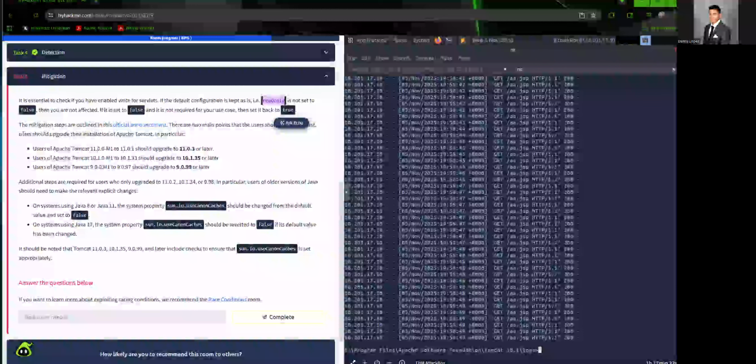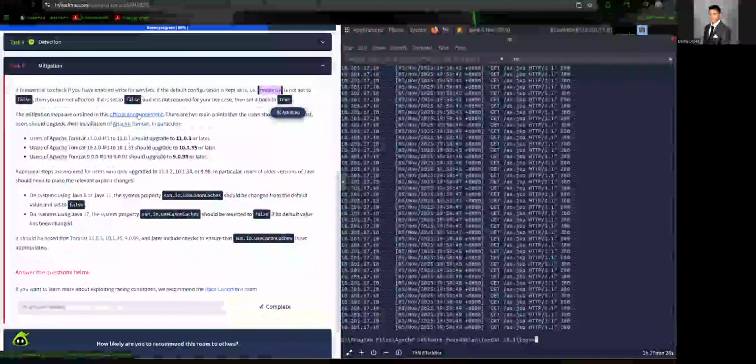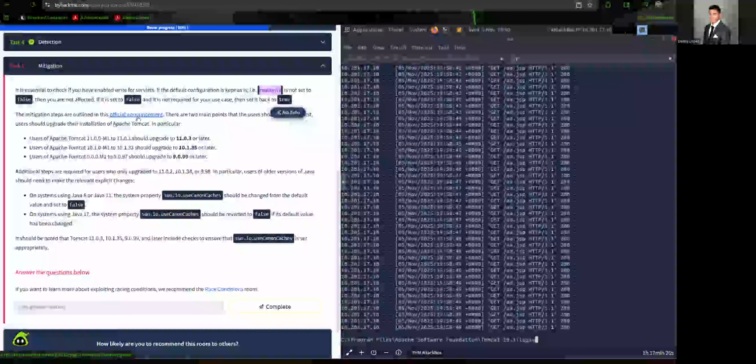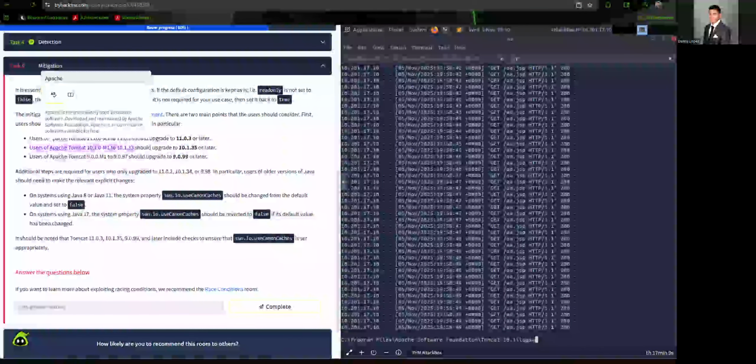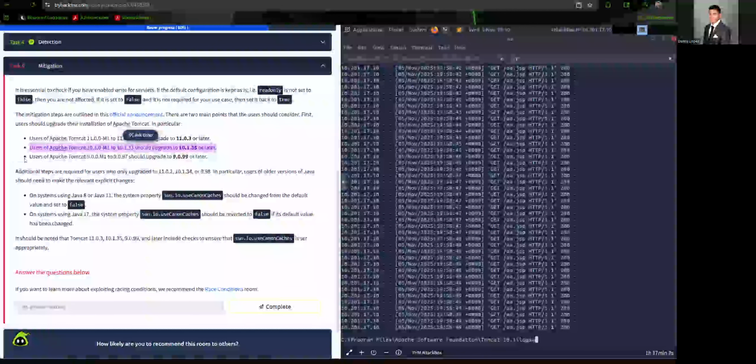The mitigation steps are outlined in this official announcement, and let's see where that goes to. I like to see where the links go to. Is that the official website? Yep, that's the apache.org. There are two main points that the user should consider first. Users should upgrade their installation of Apache Tomcat in particular, and they want to upgrade it to this version here, or this version, or this version.